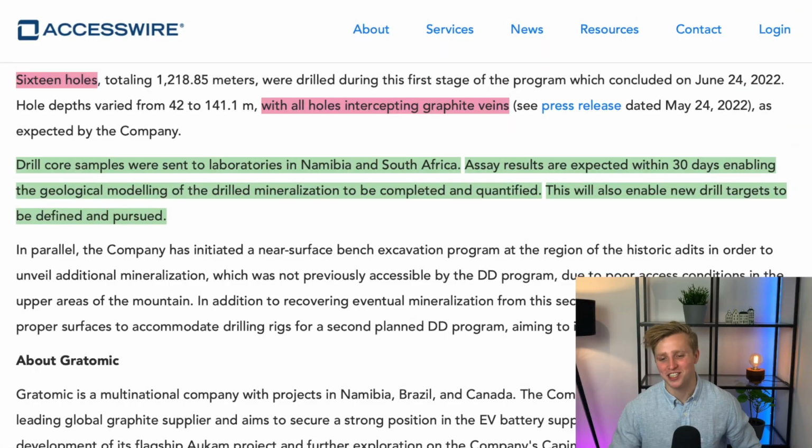Okay, so these results will tell us a lot about the first chunk of the Aukam property, but more drilling will still need to be completed. Like Gratomic stated, this will also enable new drill targets to be defined and pursued. For now, it is unclear whether Gratomic will release an uncompleted NI 43-101 mineral report with only the first drilling campaign at Aukam, or whether they will wait for a second round of double D and then release that resource